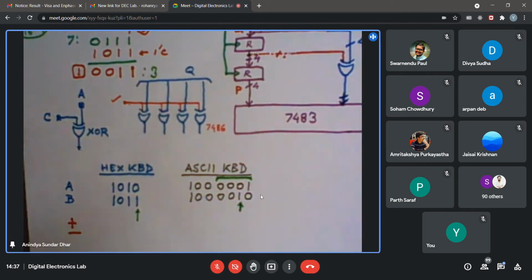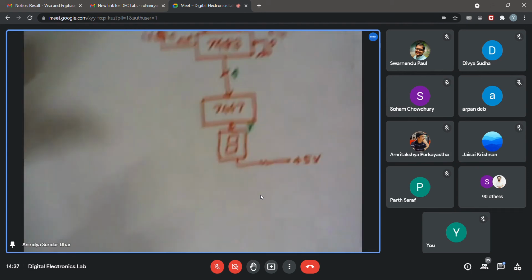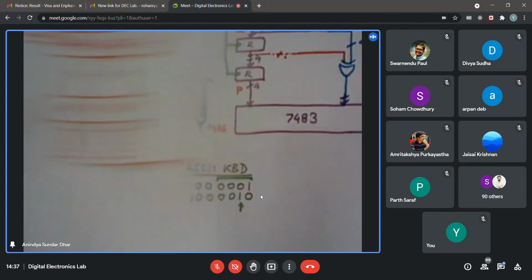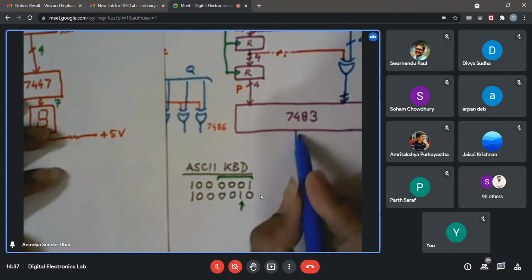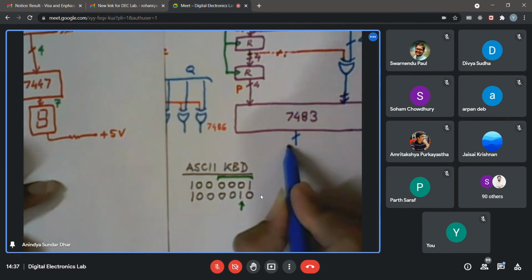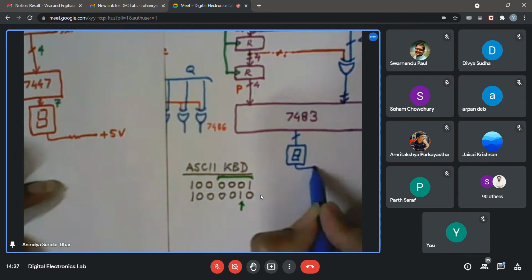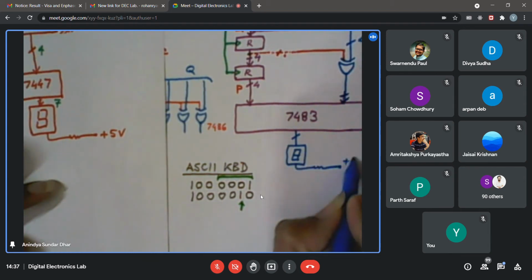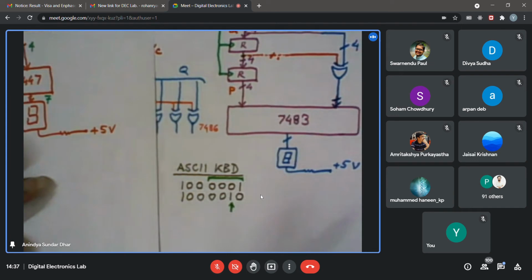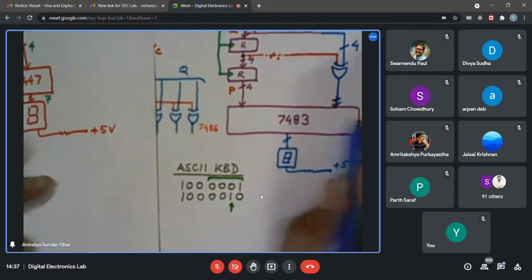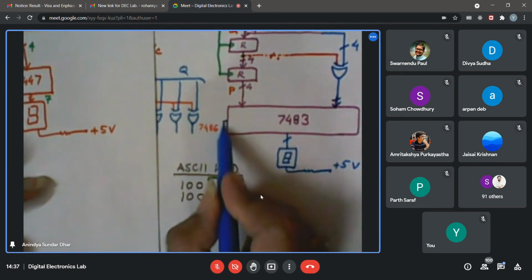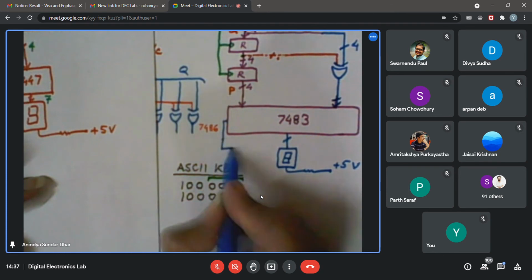So for today, let us set only this portion, because we already have the other architecture, the first day's architecture. So you already have a 7447 connected with this 7483, and maybe even a carry light you already have. Okay, so plus 5 volt. And here, a very important point I think we have not mentioned.